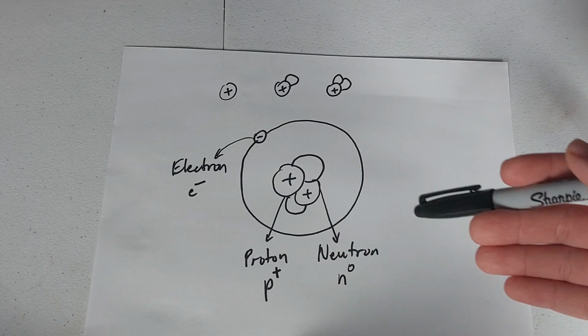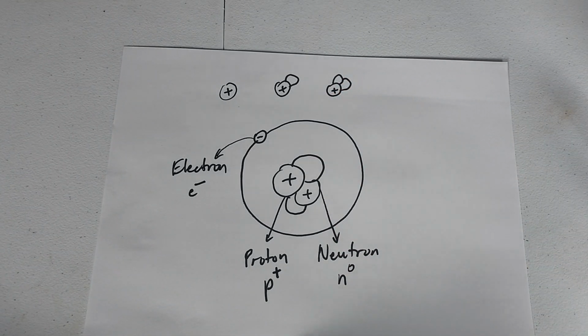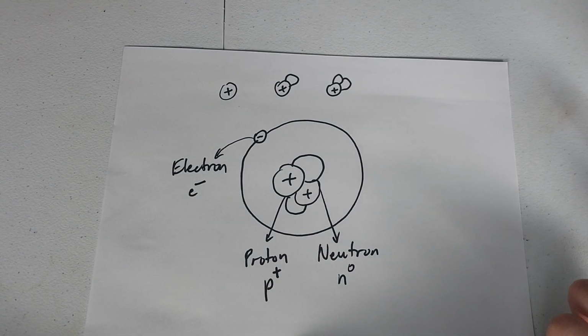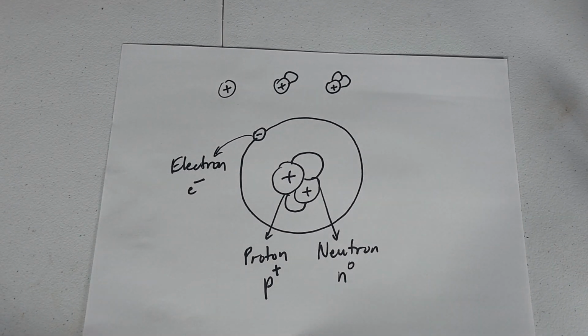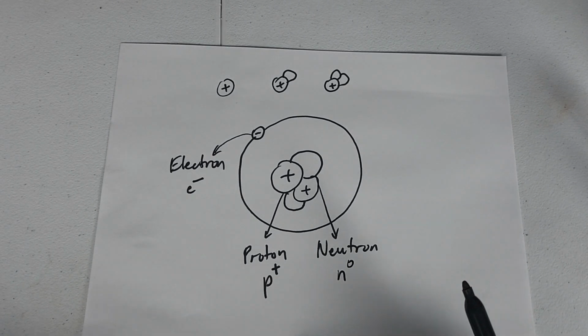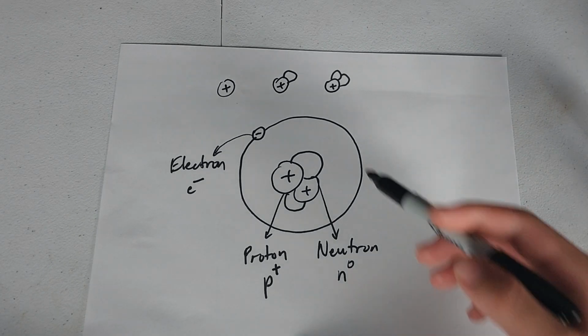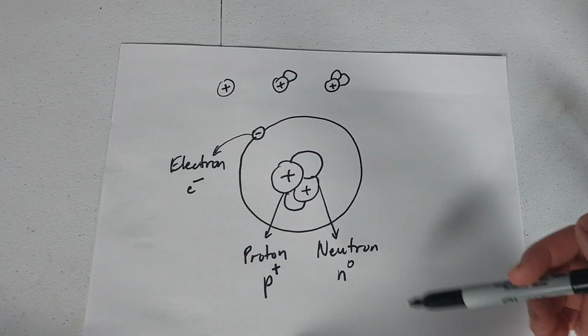The reason it orbits the nucleus instead of staying with it is because electrons are 1,800 times lighter than protons or neutrons. So first, they don't actually contribute to the mass. And secondly, that means that they're able to move around. And the moving around of electrons actually determines a lot about an element's chemistry. In fact, if you gain or lose electrons so that you have an overall charge,